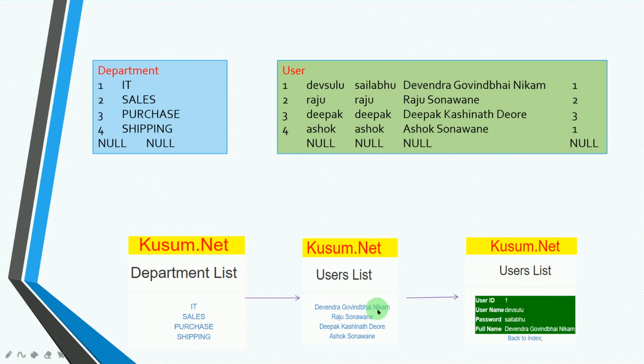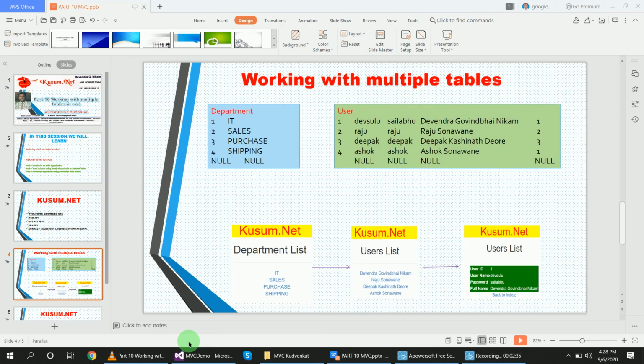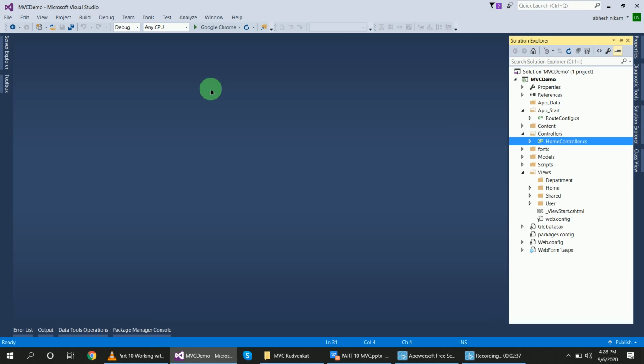So on clicking an employee name or username, we will get the details of that user, and at last we will use a hyperlink to go from this detail table back to the users list table. In this users list we will also use one extra hyperlink to go to the first table, the department list, right? So let's check it now, let's check our table.